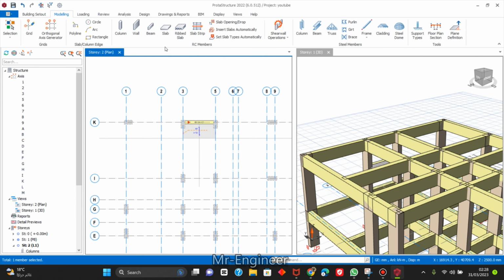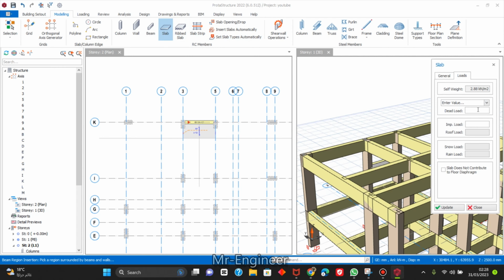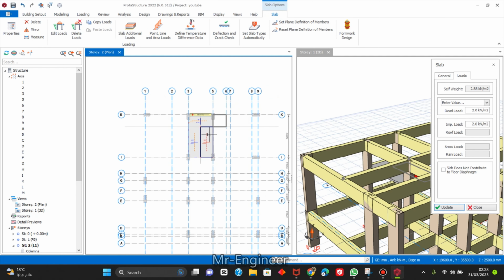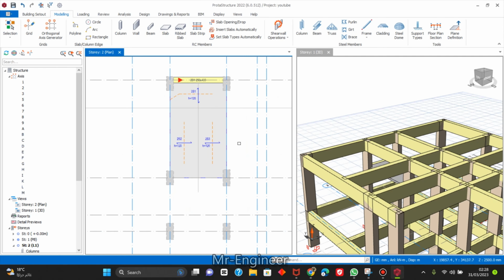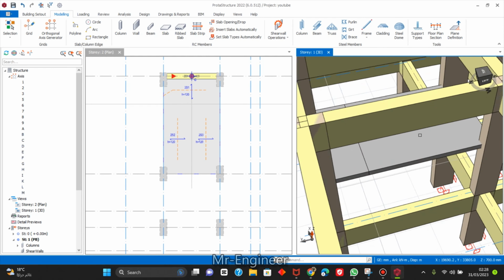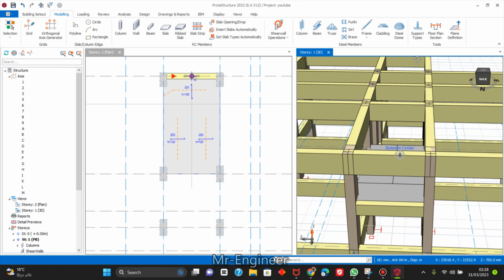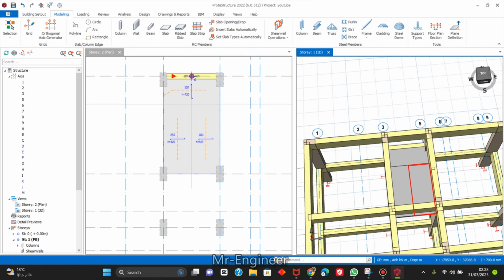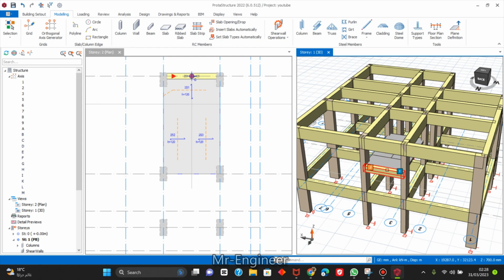Disable staircase section. And there are two. You can see here our railing has been created on the plane on the middle beam and these two